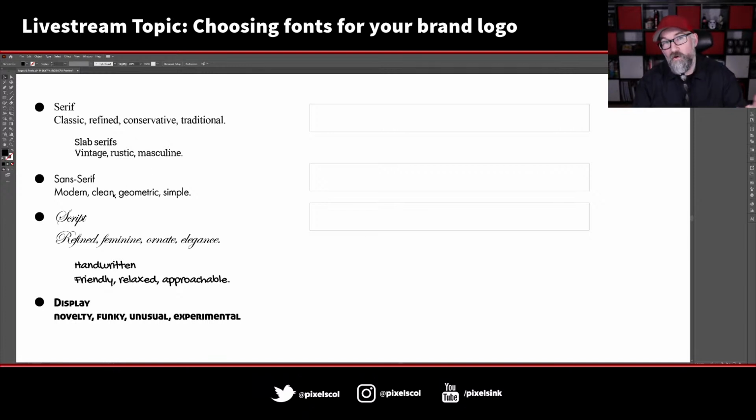Futura is quite a popular sans serif font, which is used by a lot of people. Helvetica as well, but Futura, if I remember rightly, was designed in the 1920s. I think it's about 100 years old. It's a very old font, but it still looks very modern. But you've probably got some serif fonts which were designed 10 years ago but look quite old. So I always find the Futura thing quite interesting.